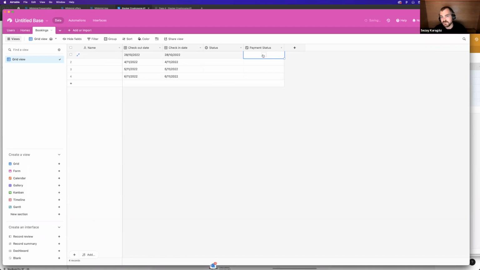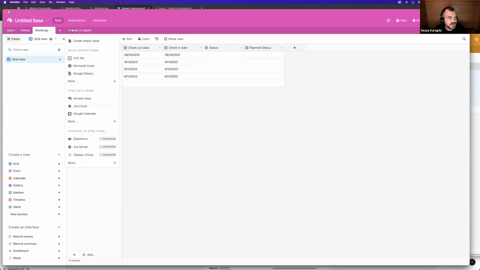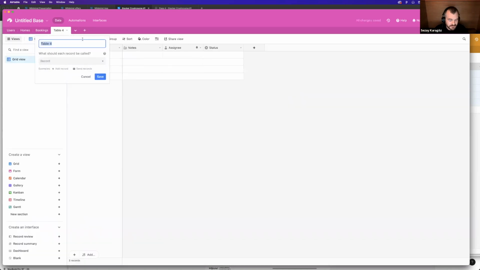So we can also use this field to create different views in here or in Stacker, because there are conditional view options. Then you can say, just show me the records where the payment status is yes, and you will be able to see the paid bookings or not paid yet. So we have users table, we have homes, we have bookings, and I think we need to create places,